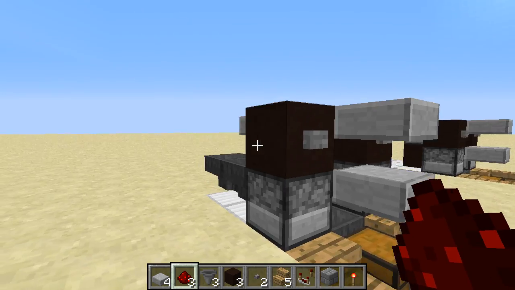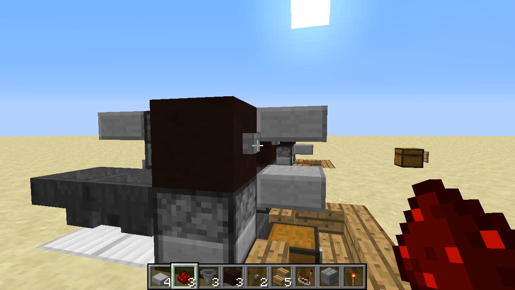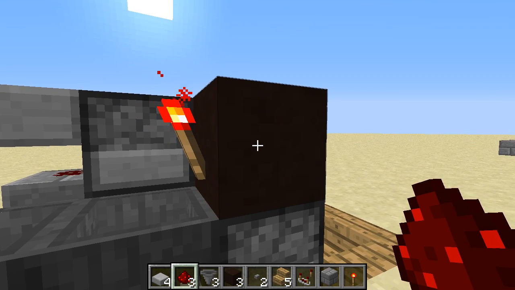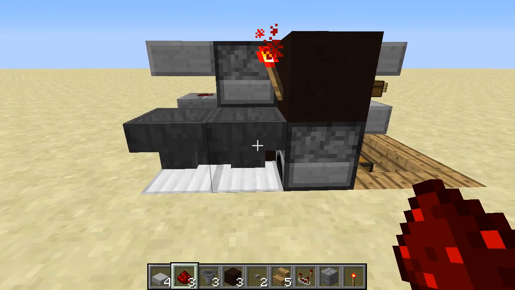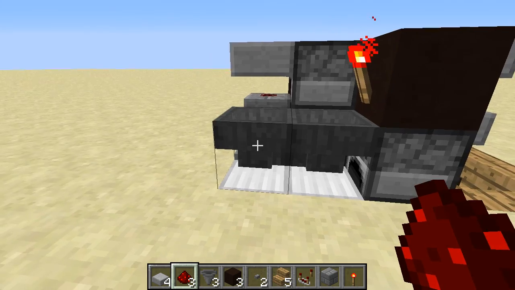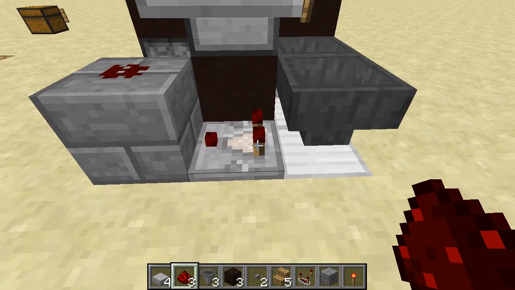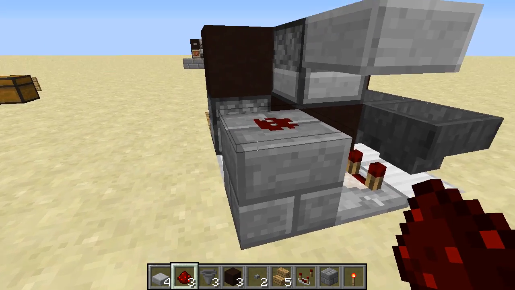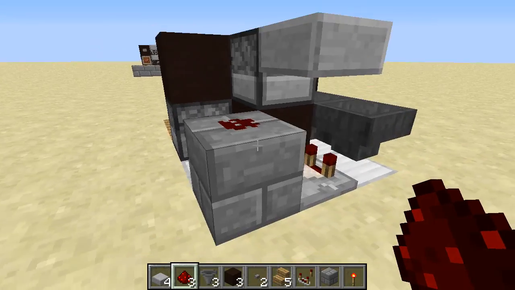There we go. So what is happening is this button, when it depresses, is going to send a signal into this clay block, which is going to turn off this torch, which will unlock this hopper and allow the stone shovel to go into this hopper. When that stone shovel goes into this hopper, this comparator is going to read an output of 3, I believe,